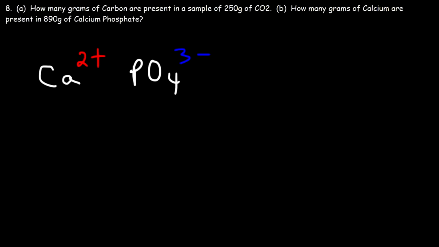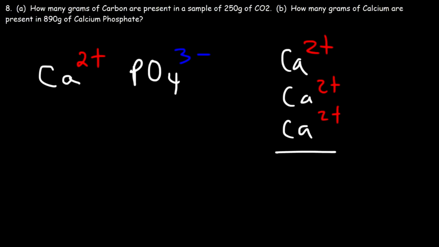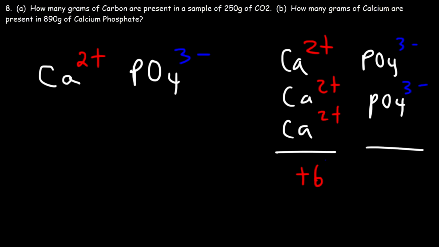Phosphate has a -3 charge, and in order to balance the charges, we need 3 calcium ions that will give us a total charge of +6, and we need 2 phosphate ions because that will give us a total negative charge of -6. And everything has to be balanced. If it's not balanced, something is wrong. And so the chemical formula is going to be